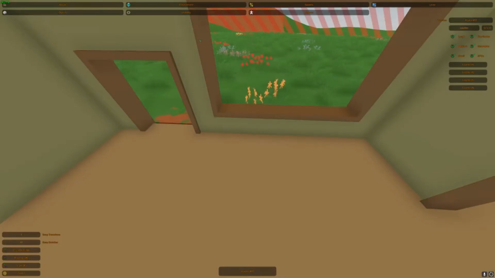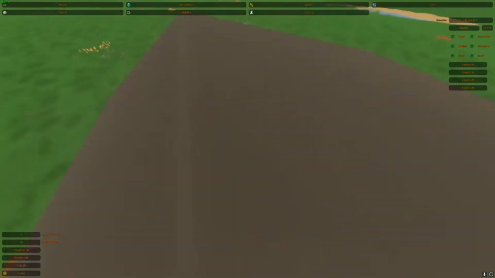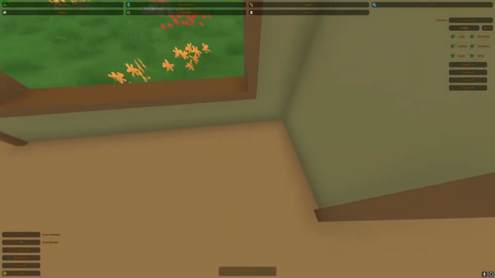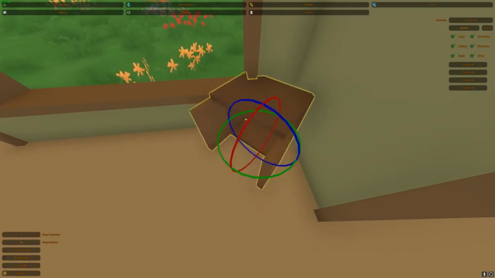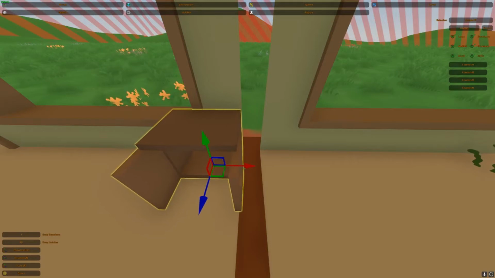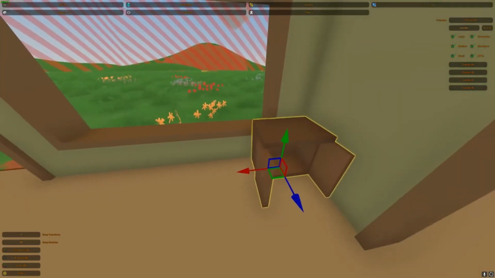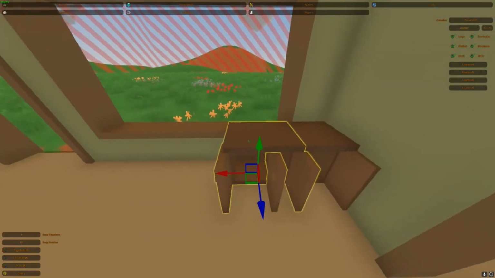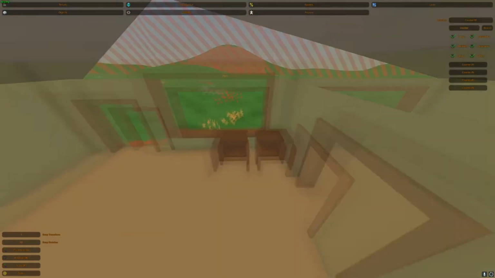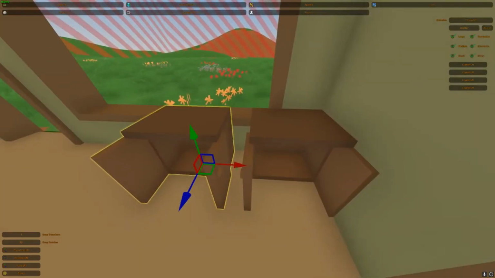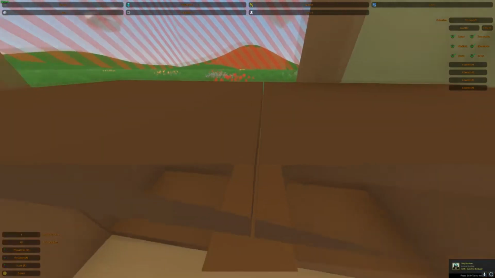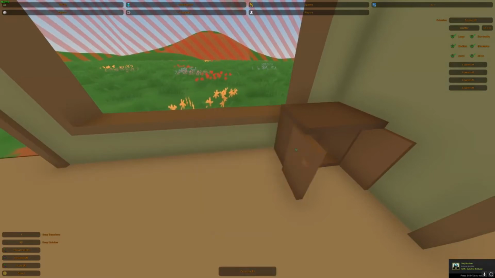So, you're making your house in the middle of nowhere, but you need to make a kitchen inside of it. So, you select your counter, put it up against the wall, make sure it's good looking, like that. And then you copy paste and, wait a minute, that doesn't really fit. So, what some persons might do is just do this and just say that's good enough, but there's actually a